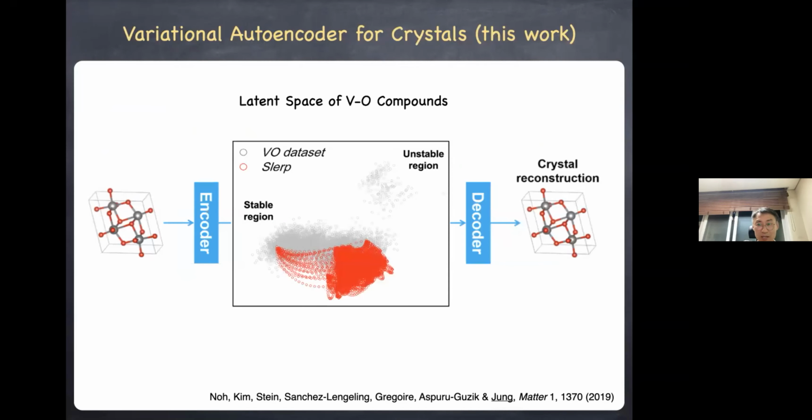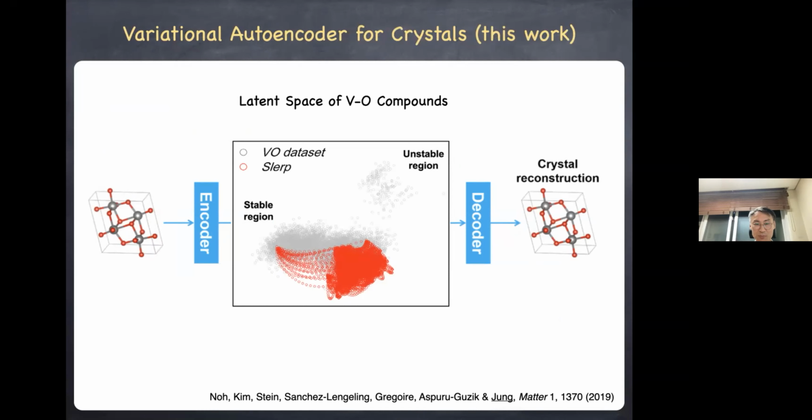In this work that Gian-Marco kindly mentioned, we extended this variational autoencoder work to solid-state materials. The first bottleneck was to find the proper way of representing solid-state structures, and we used images. We represent the unit cells using images, and we construct the variational autoencoders.